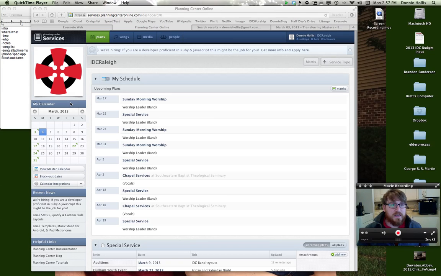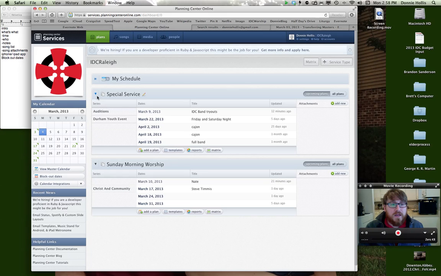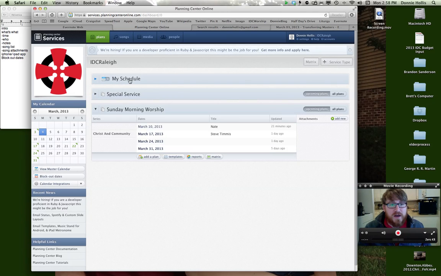you can see a couple things. You can see the calendar, an option to block out dates, and I'll get more into that in just a little bit. But nonetheless, you've got a section that says My Schedule. I send out an email at the beginning of the month. So for April, I'll send it out towards the end of March for you to block out dates. Here's that option right here